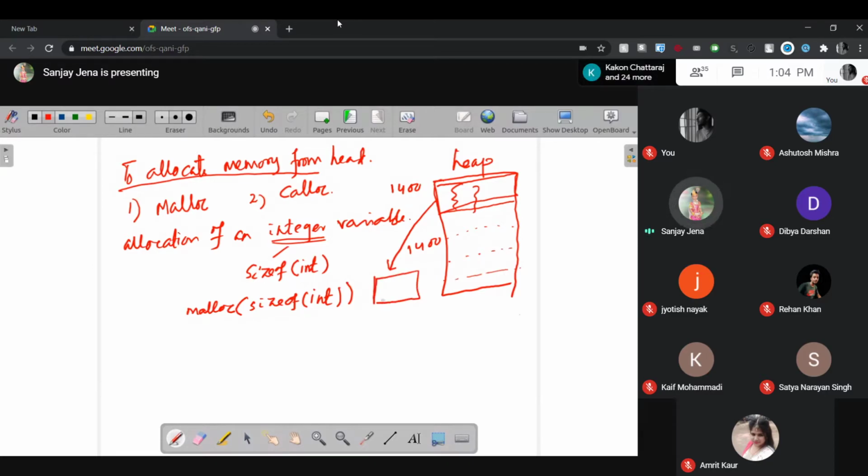Which type of variable? Pointer. Then you declare a pointer. What is the type of pointer you desire? Integer, character, float? Integer. Then declare star PTR. Point is clear? Now, the type of pointer it returns, whether integer pointer or character pointer, who knows? Because this is just a land.